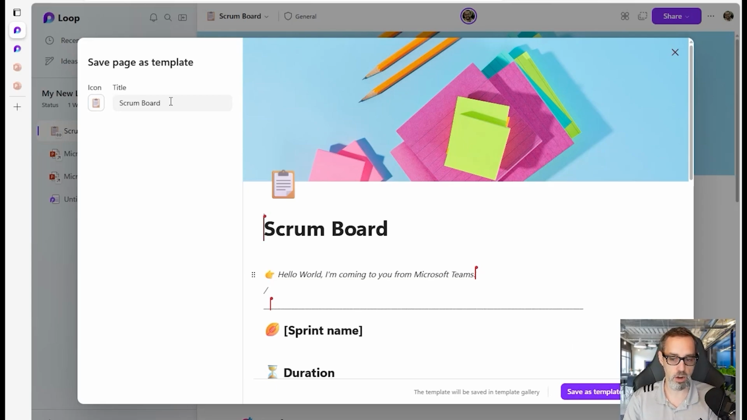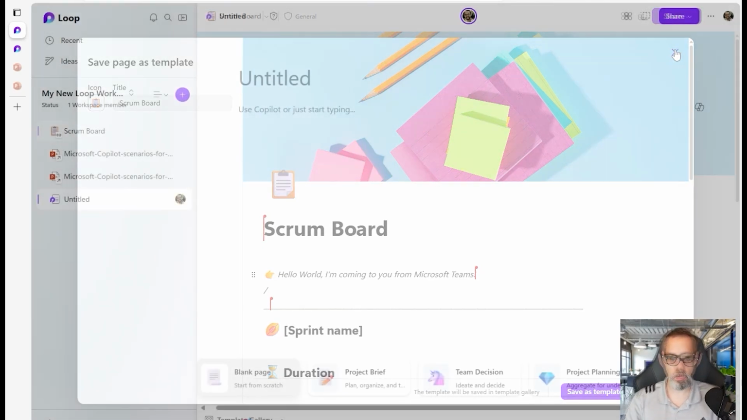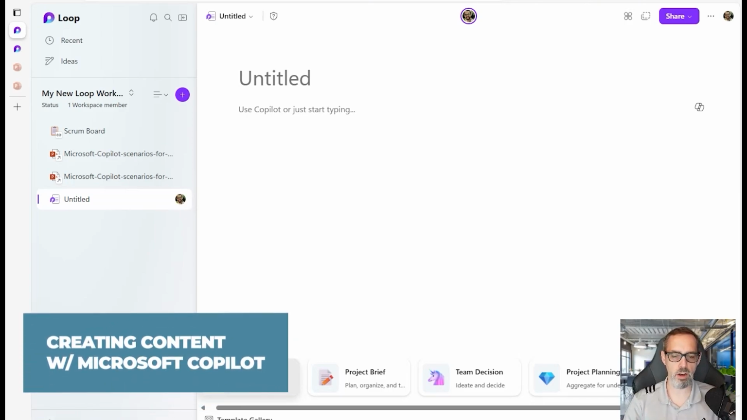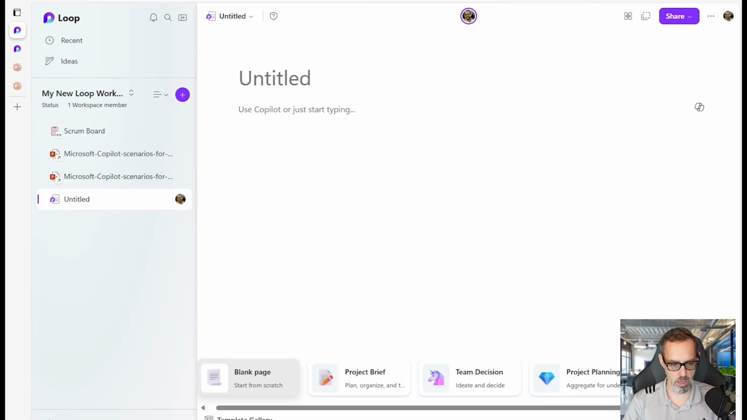You can change the title, you can change the icon, anything that is going to make it easier for you to use these in Microsoft Loop. So earlier I mentioned that when a new workspace is created, it creates a default untitled page. So now I'm going to show you the capabilities that a licensed Copilot for Microsoft 365 user would have within